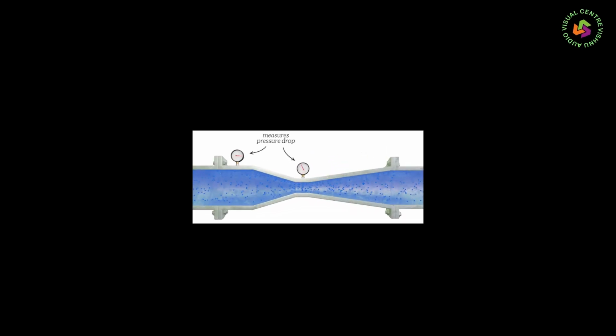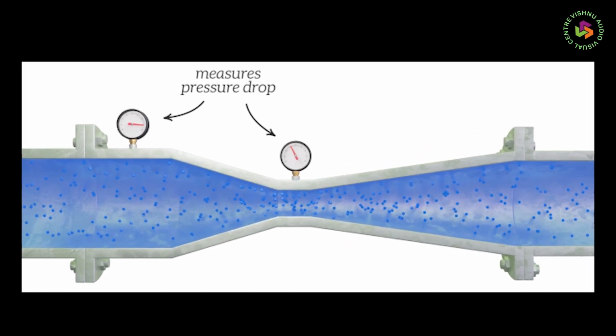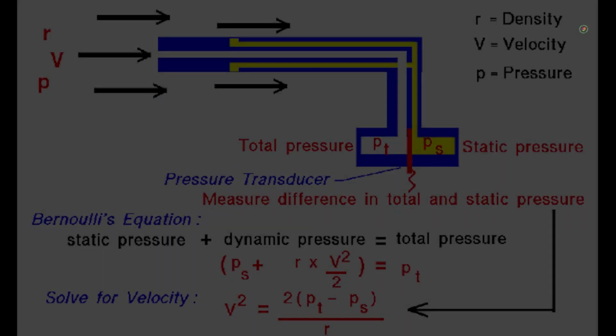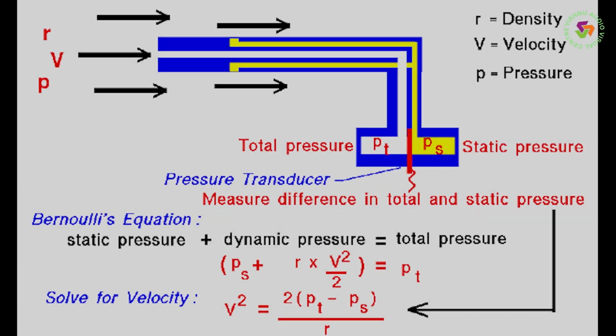The first term, pressure head, is also called the pressure energy per unit weight of the fluid. The second term, velocity head, is called kinetic energy per unit weight of fluid. And the third term, datum head, is called the potential energy per unit weight of fluid. So the summation of the pressure energy, kinetic energy, and potential energy per unit weight of fluid is